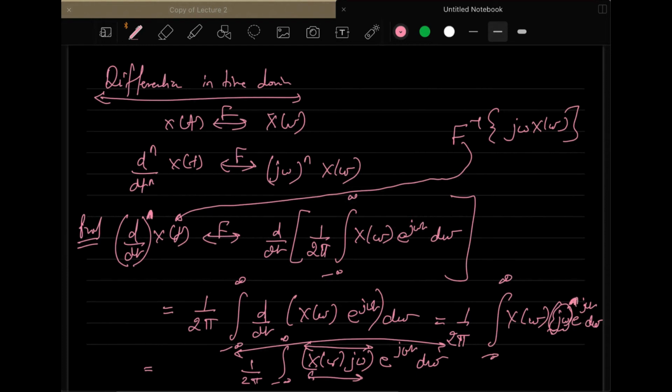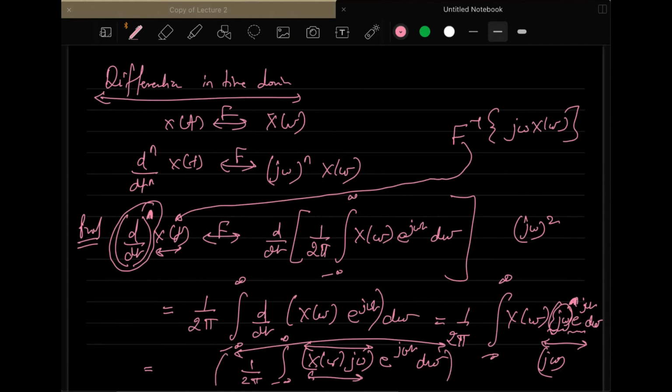It's as simple as that, because somewhere or other you are taking the derivative with respect to t, and the derivative with respect to t of the exponential function will multiply this whole expression again and again by a factor of j omega, depending upon how many times you are taking the derivative on the time domain signal. If you take two derivatives, then your j omega will be multiplied by j omega. It's very simple, you just take the derivative again for this expression.